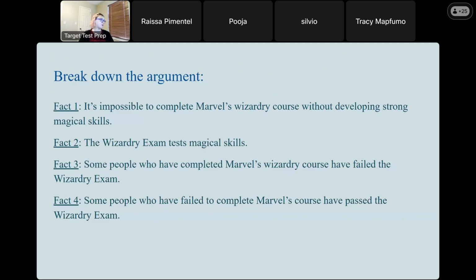On fact 2, the wizardry exam tests magical skills. That doesn't mean that it's the only thing it tests. Like, the GMAT tests critical reasoning, but you can't expect to do well if the only thing that you're good at is critical reasoning. So it does not exclusively test magical skills, it just tests them. We don't know for sure, but that is something I noticed. And the other thing is,